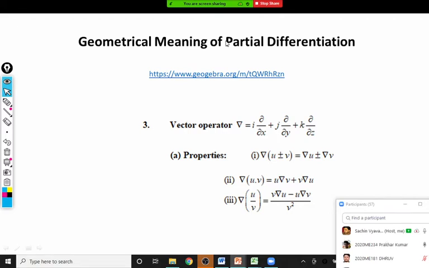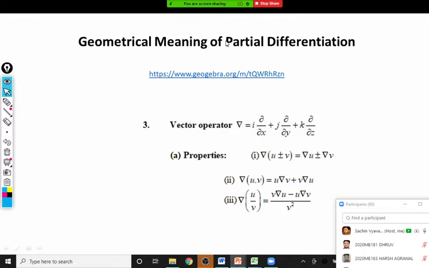It gives a tangent, possibly. Yes, derivatives give us a tangent, but what is the particular thing about that tangent? If we say partial differentiation dou f by dou x, what will it represent? The slope of the graph along x. Tangent along the x-axis, yes, when you cut the graph along the x-axis. Or we'll say dou f by dou x is actually when you cut the surface in the xz plane.